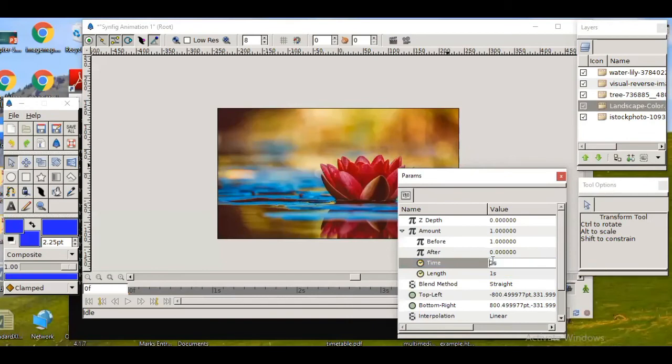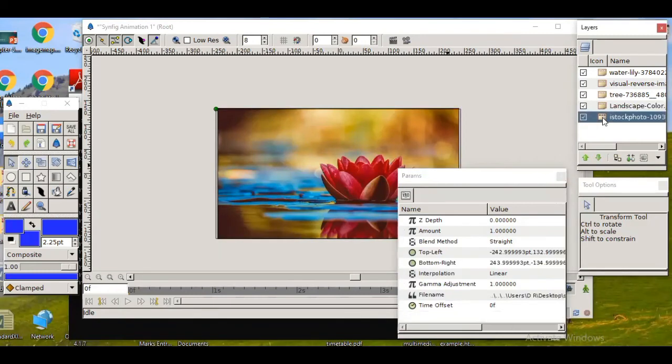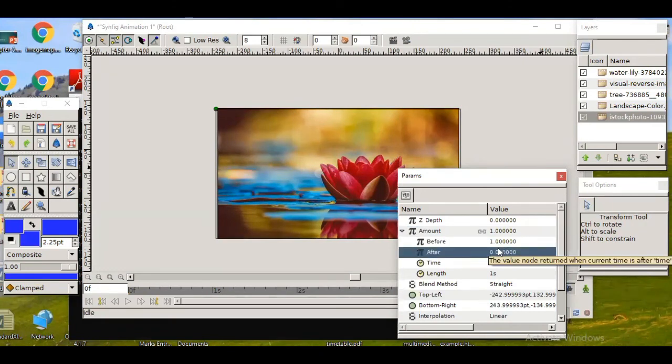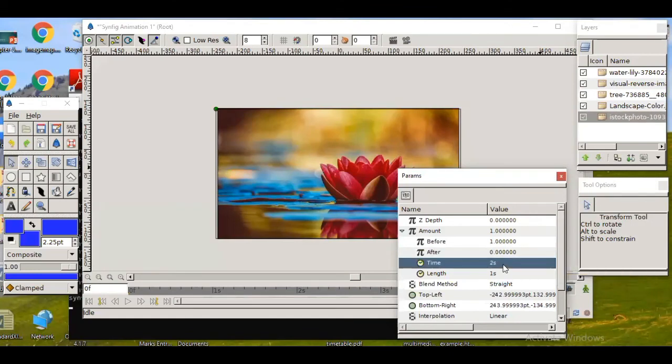Now earlier, up to 6 seconds our animation is done. So now this time we are giving as 8 seconds. So in the 7th and 8th second we will get this image on screen. Then this one, amount, right click, convert, time swap. Okay, go here, after make it 0, and this make it 10.